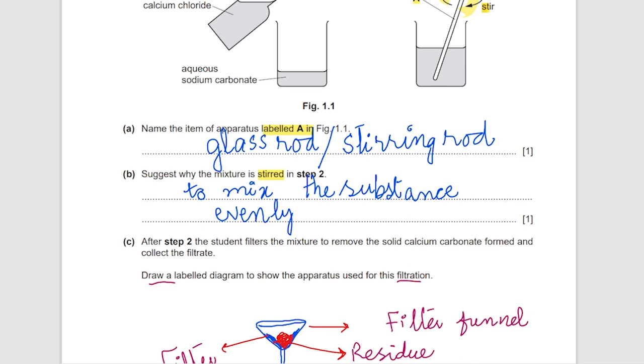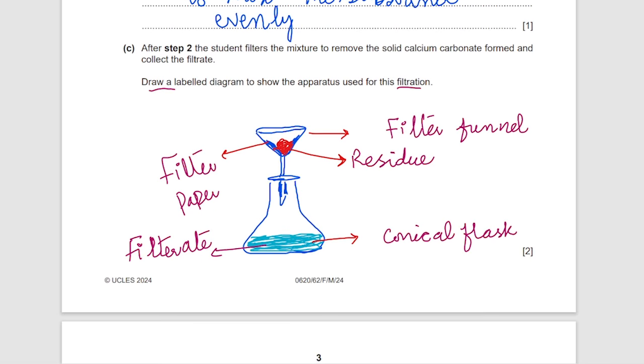to mix the substances. After step 2, the student filters the mixture to remove the solid calcium carbonate formed and collect the filtrate. Draw a labelled diagram to show the apparatus used for this filtration. So this one is the apparatus. You have to draw the labelled diagram along with the filter funnel, residue which will remain behind, that is our